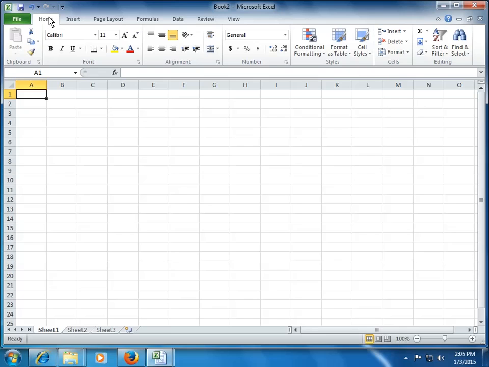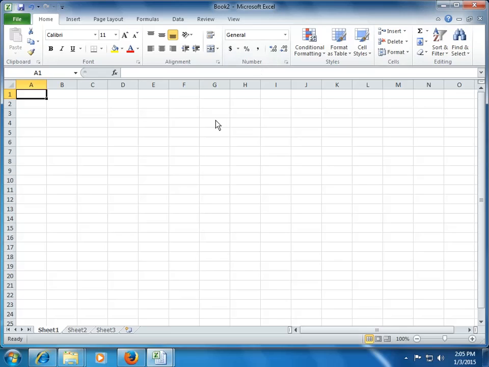Okay, so now when we are talking about basic formatting in Excel, we are in the Home tab and we are talking about three major groups: your font, your alignment and your number. What we can do in formatting is change the color and style of the text or the number. We can change the style of the font. We can also choose to format our number in a particular manner which we require. Let's see how we do that.